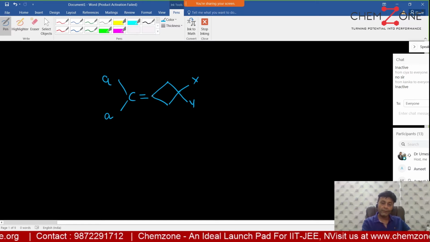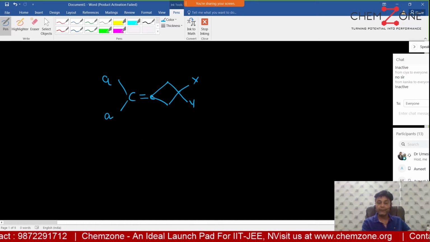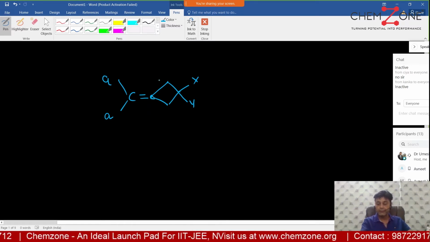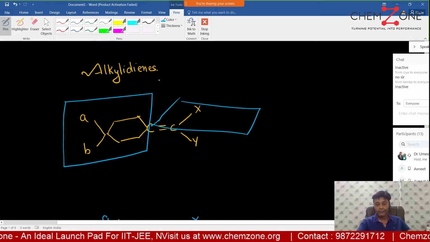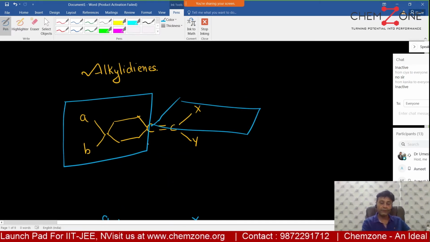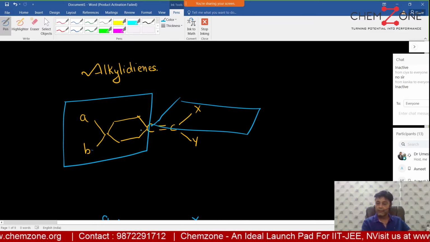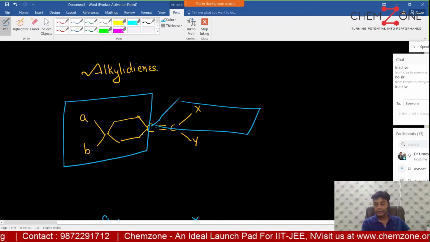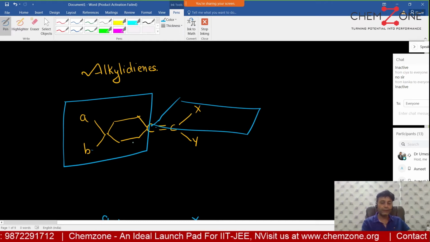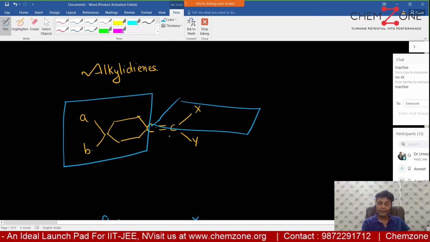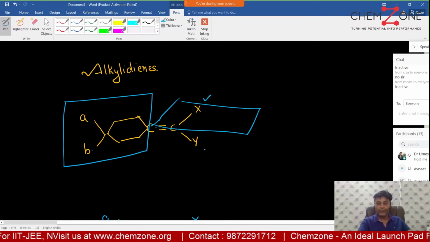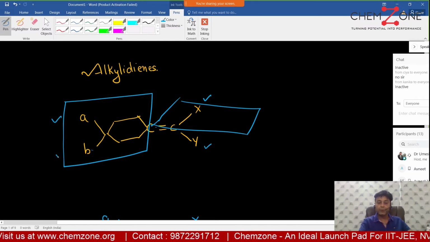In place of the double bond carbon, we have a cyclic ring here. And if it is a cyclic ring here, this and this are perpendicular to each other. Around this double bond, they are perpendicular to each other. This is dissymmetric in nature, optically active. All the four groups of atoms must be different for a compound to be optically active.